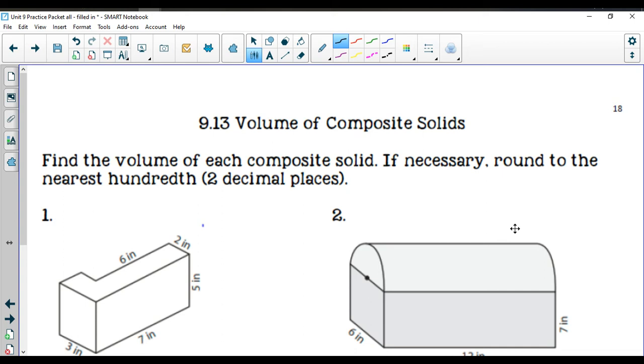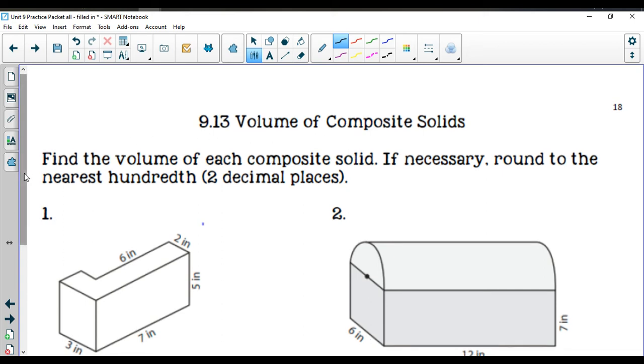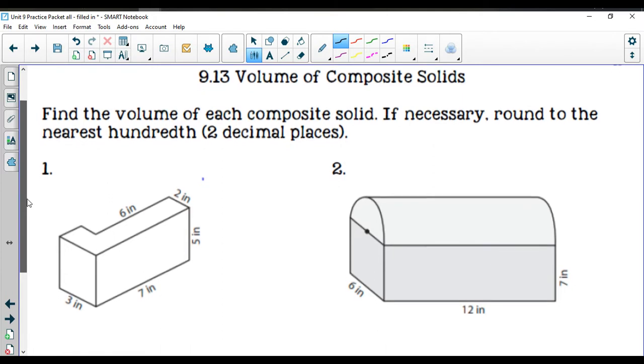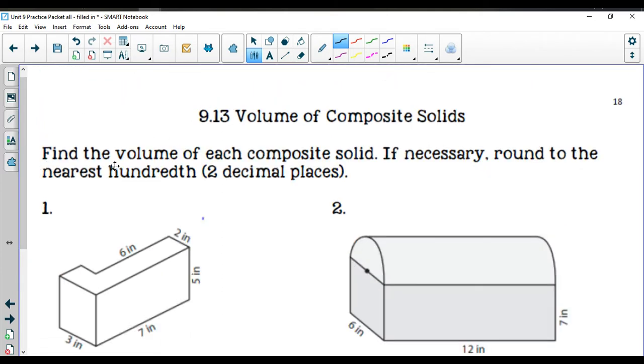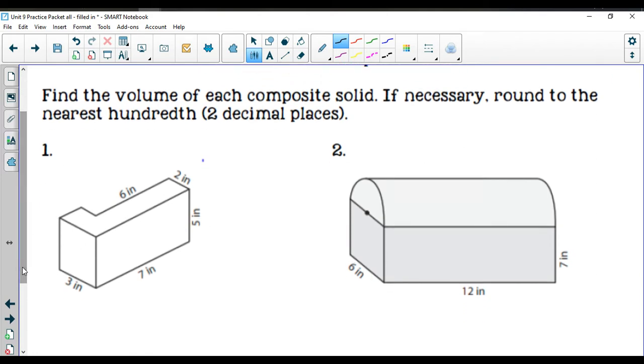Section 9.13, volume of composite solids, in your practice packet starts on page 18. Find the volume of each composite solid, and if necessary, round to the nearest hundredth. So we're going to be identifying what our complex base is, calculating the area of that base, and then multiplying it by the W, or the height of our